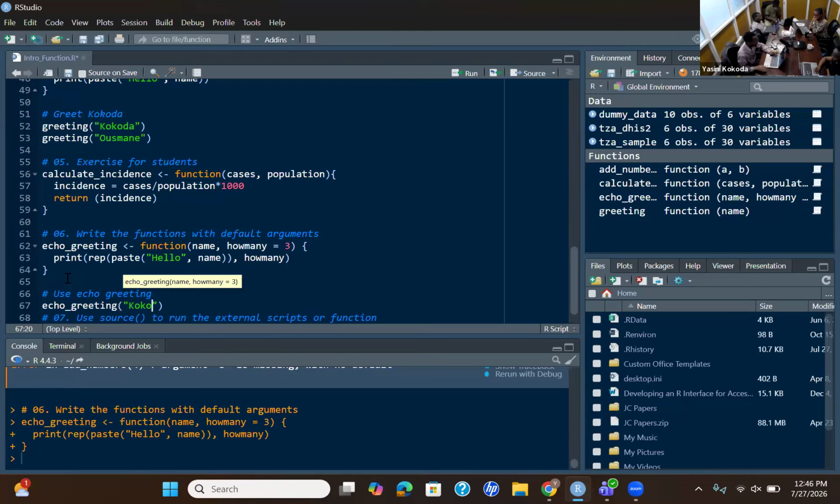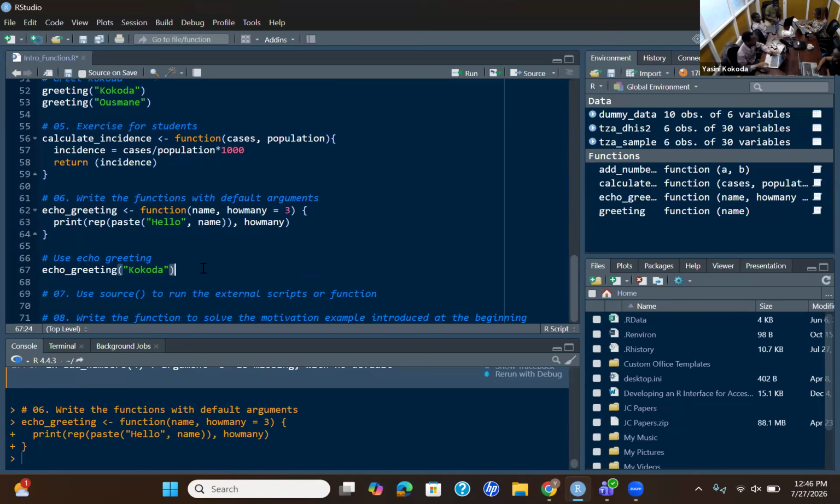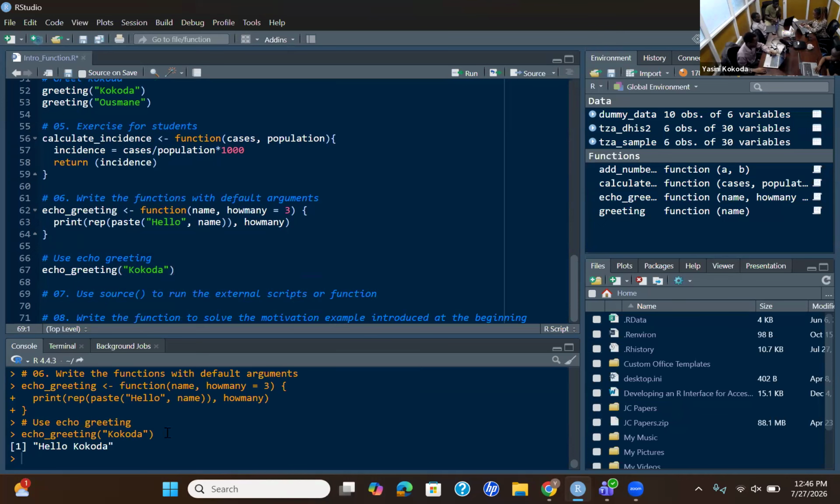Let's say Kokoda. And then, oh, why doesn't it apply? It should repeat 3 times because we have the default argument 3 times, but here it only prints 1.